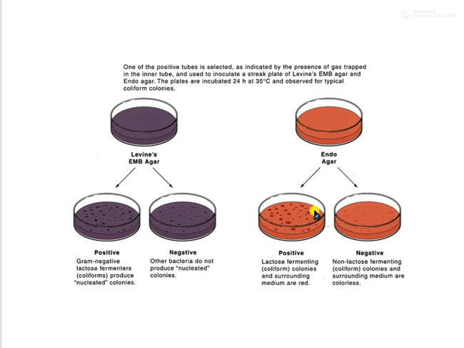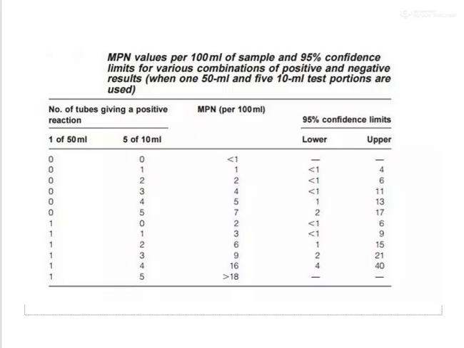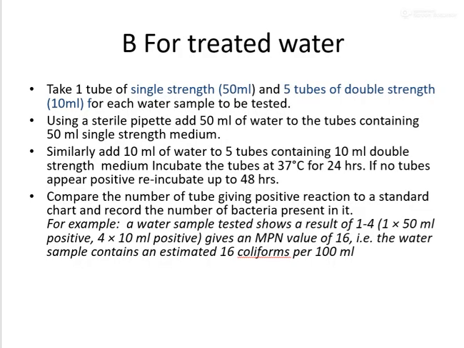And if you look into endo agar, lactose fermenting colonies and the surrounding media will appear red in color if you are using endo agar. And non-lactose fermenting colonies and the surrounding media will remain colorless for the endo agar which we used. Now the same way you can do this for treated water also, but here you take one tube